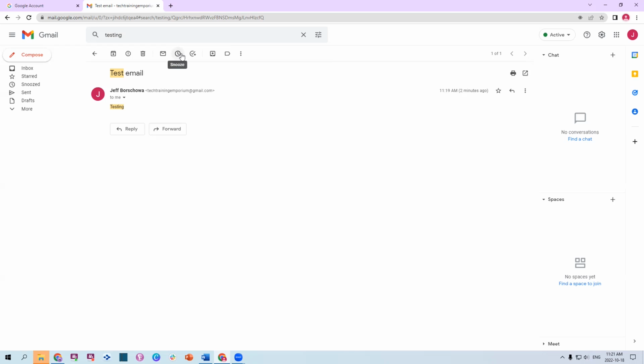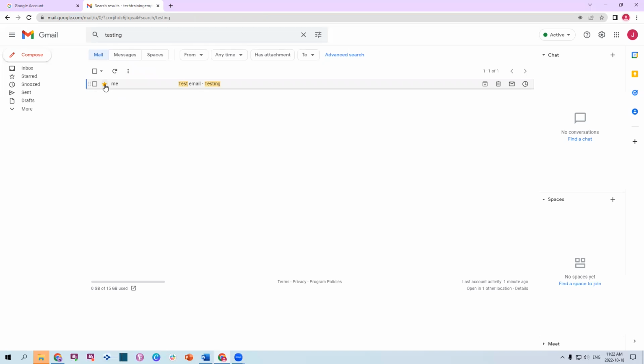Now, if you want to read Aunt Martha's email, but you want to snooze it, you can click on the snooze, or you can create a task to remind yourself to do that. We'll get into tasks in another session. You can move it out of the label into the inbox. You can add a label. The part we want here is, and again, you could add a star. So as an example, if we added a star,